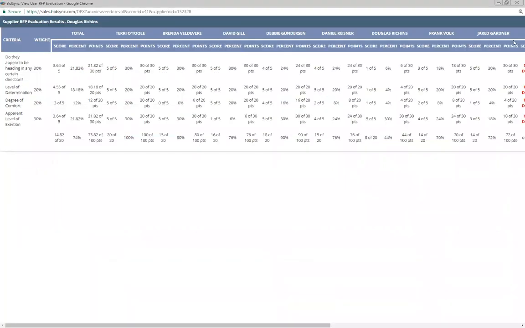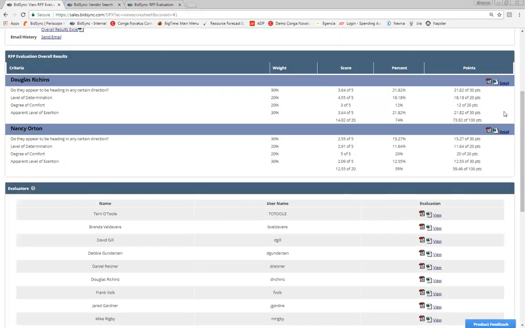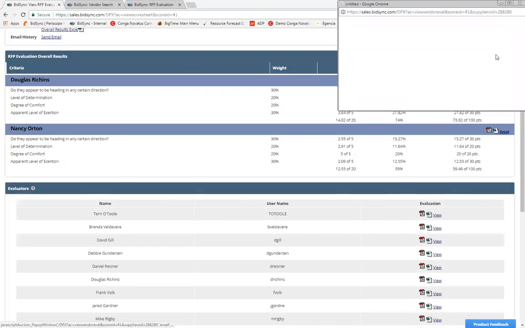In these details, I can see for these criteria items, here was our total. Here were all of our different vendors, and here's how they came in. So with Terry, he got 5 out of 5. Brenda got 5 out of 5 here, but then 15 out of 20, 16 out of 20, 18 out of 20 for that criteria item. So overall, this is where you're seeing who came in with the top score. And that's under the details. You can also view those details here